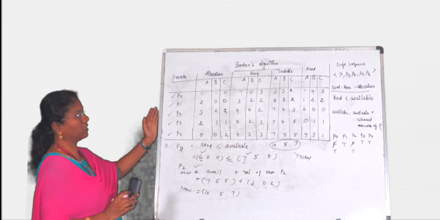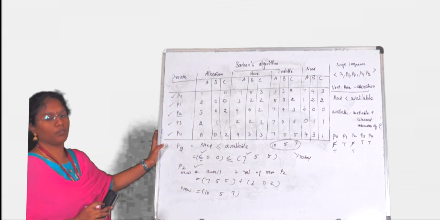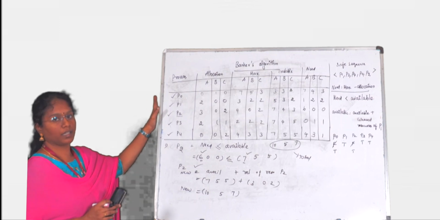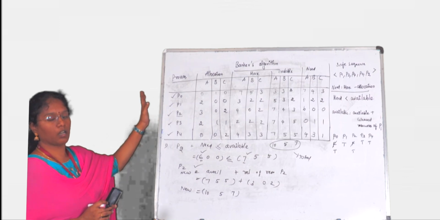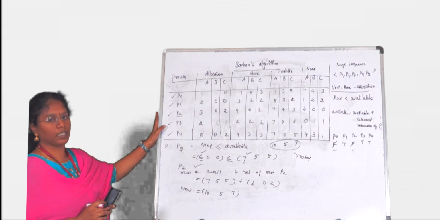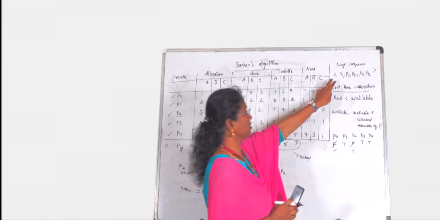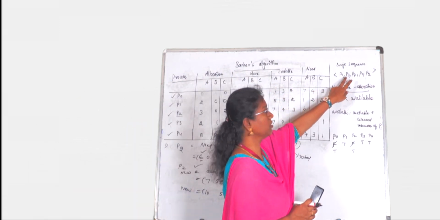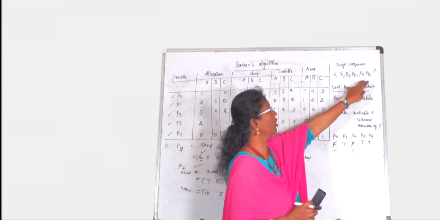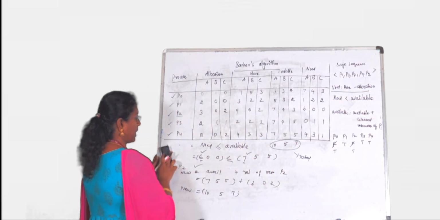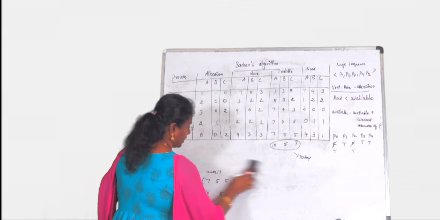So in our Banker's algorithm, we have seen how each and every process is executing, that is, how it enters into the safe state or how it will wait for further release of resources. So the safe sequence of this problem is: first P1 will execute, next P3, P4, next P0, last is P2. One thing I need to tell you at last.